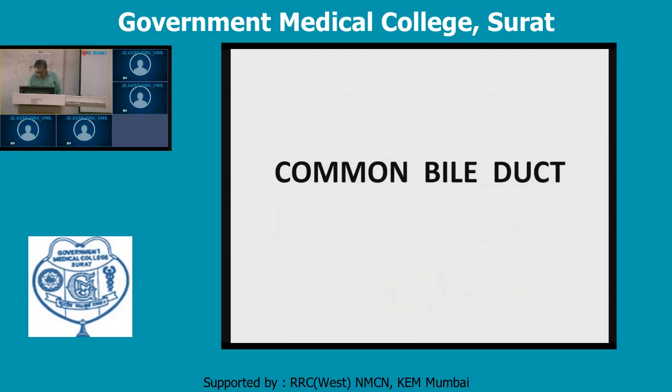So till now, let's have a quick recap of what we have studied. First, I have introduced the extrahepatic biliary apparatus, or the excretory apparatus for the liver, that has two parts: the intrahepatic part as well as the extrahepatic part. Now what are the components of the extrahepatic part? Later on we shifted our discussion to the common hepatic duct, then the gallbladder, then the cystic duct and the Calot's triangle. Now the last component is the common bile duct.